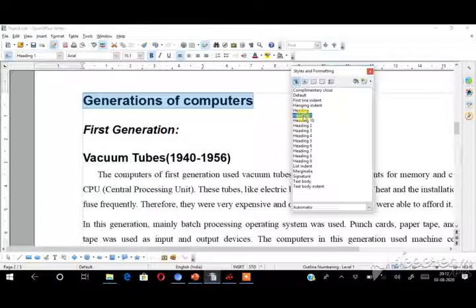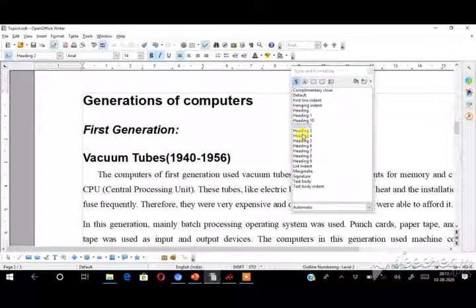And now come to the second heading, first generation. Here I am choosing heading style heading 2. So here heading 1 size is bigger than heading 2. I am choosing all the generations as heading 2 style: first generation, second generation, third, fourth, everything.